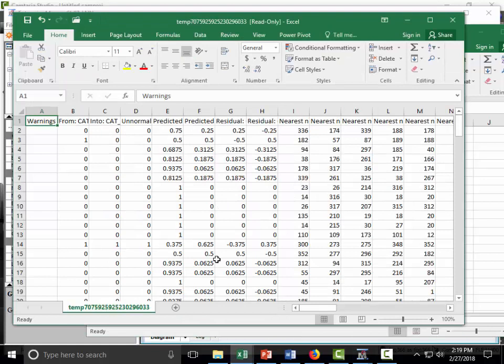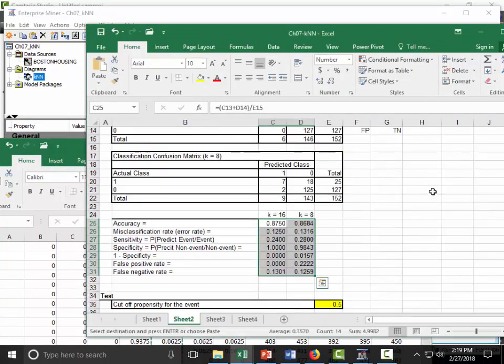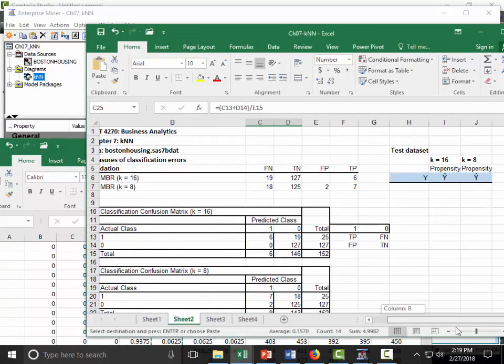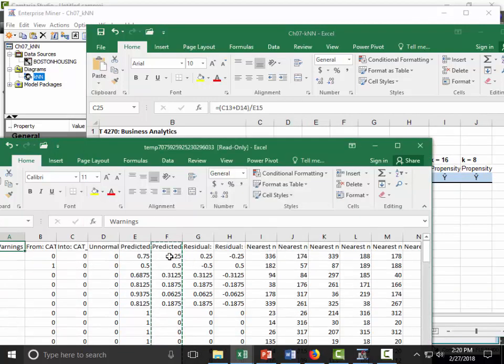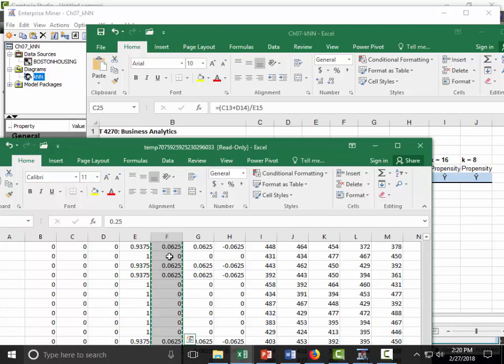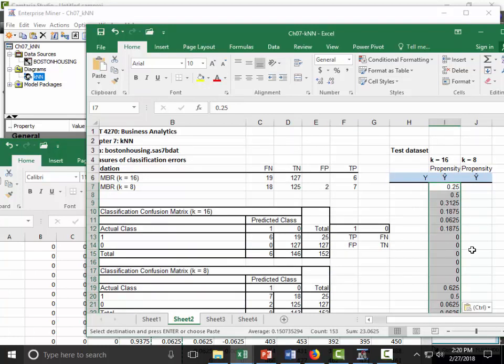And we want predicted med v equal to 1. Okay, so copy that. So that would be our y hat, just only the data. So that's our prediction for k equal to 16,